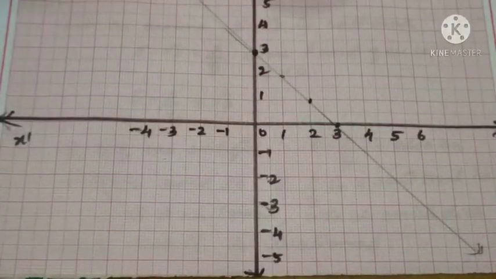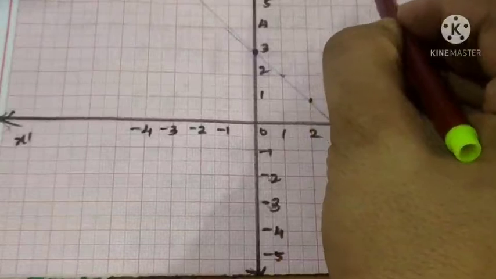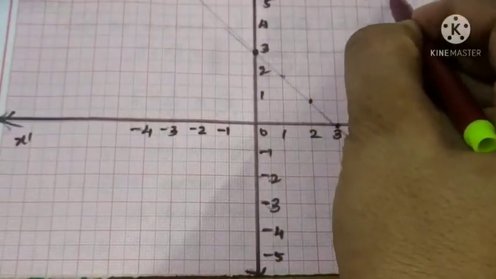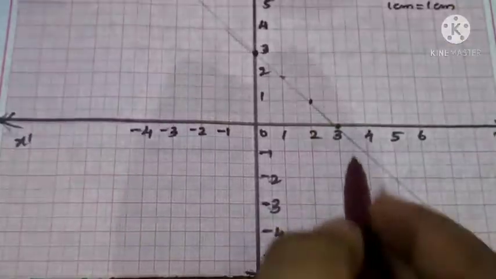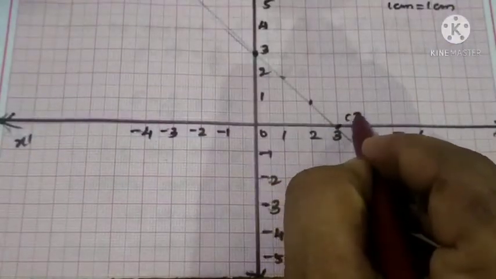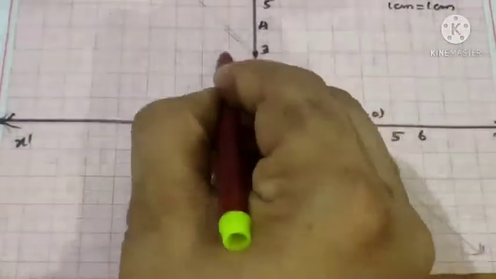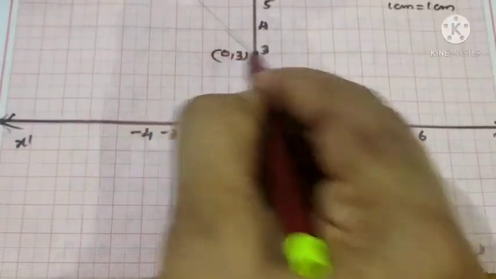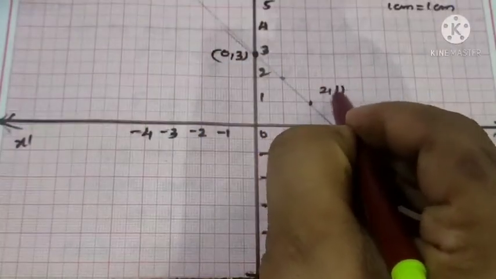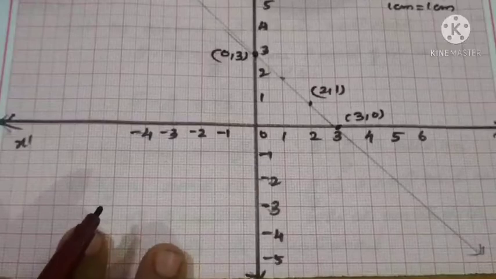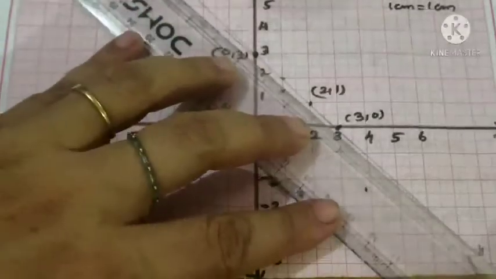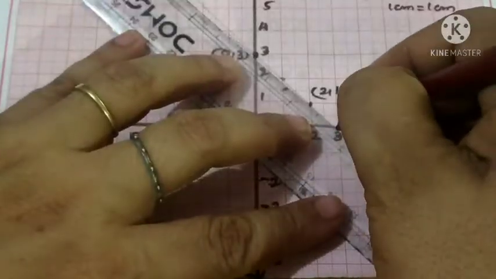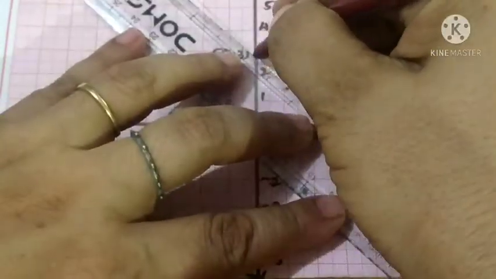Already we have marked x dash, y dash. The scale I have forgotten, so scale 1 centimeter equal to 1 centimeter on both the axes only. Now our points are (3, 0), (0, 3) and (2, 1). All the 3 points we already marked here, and while keeping the scale we must be careful. It should pass exactly through (3, 0) and